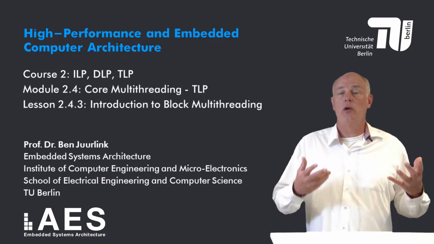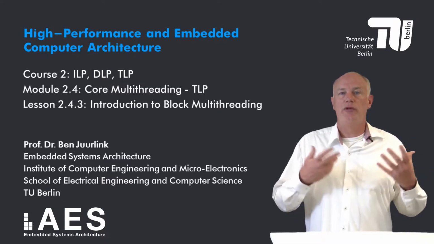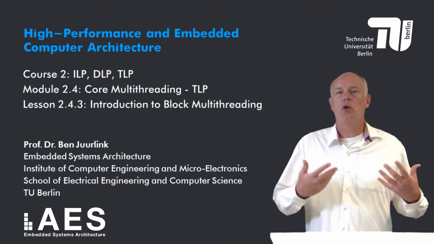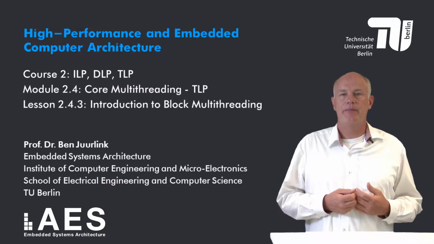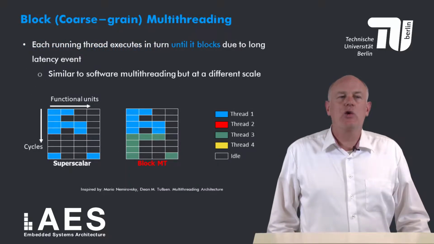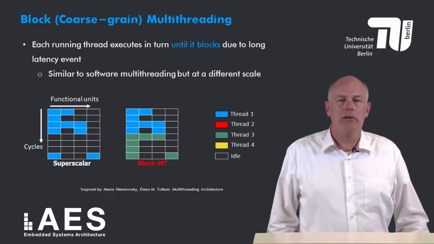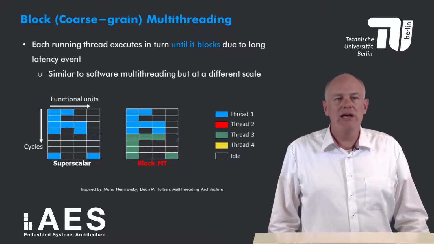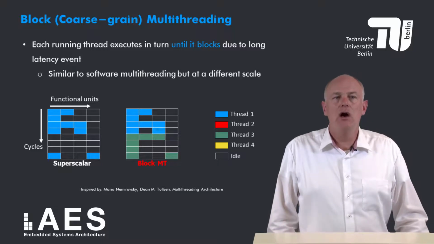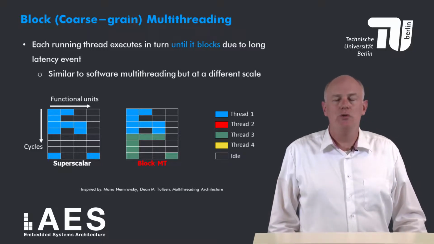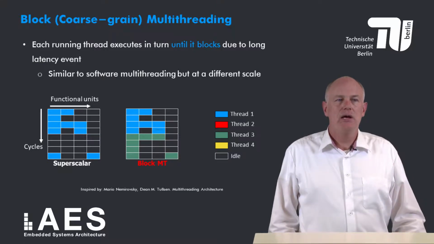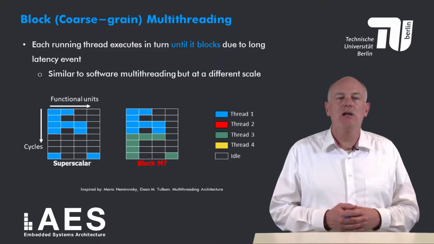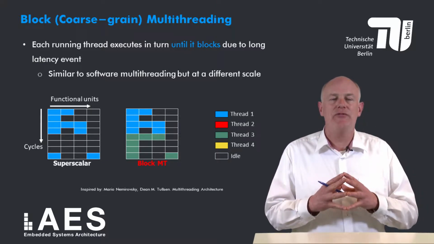Welcome back to this module on exploiting TLP to improve the throughput of a single core. The topic of this lesson is block multithreading, also called coarse-grained multithreading. The basic idea behind coarse-grained multithreading is very simple and is very similar to software multithreading. Each running thread executes until it blocks due to a long latency event. So it's very similar to software multithreading, but at a different scale because a thread switch is much faster than